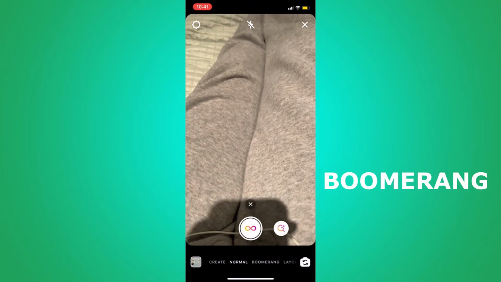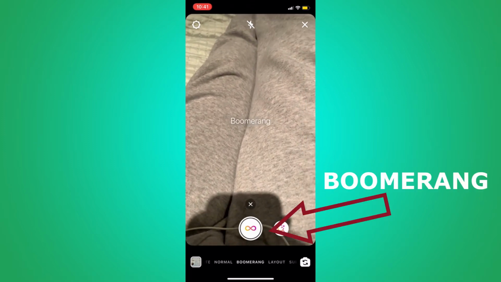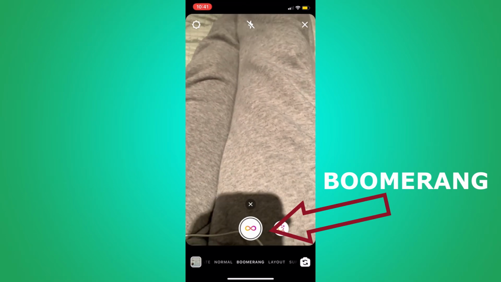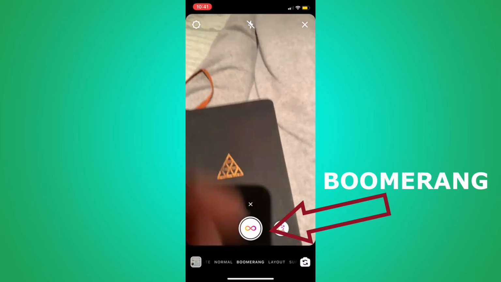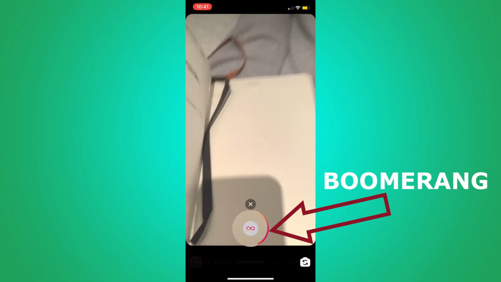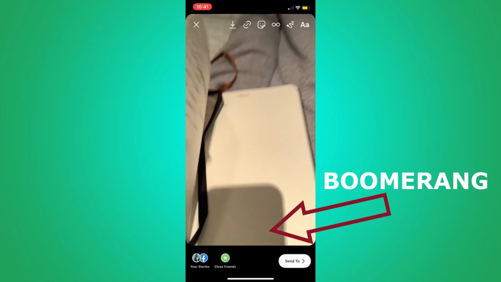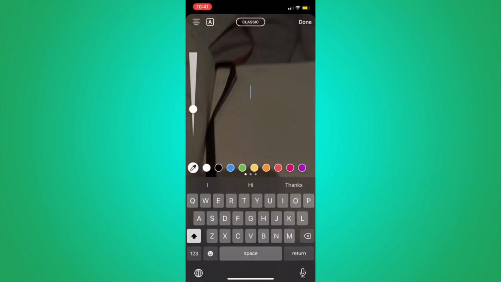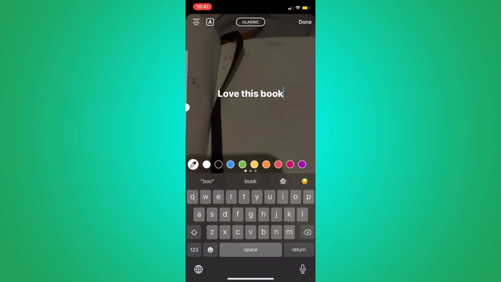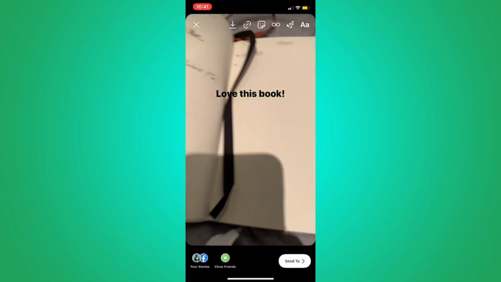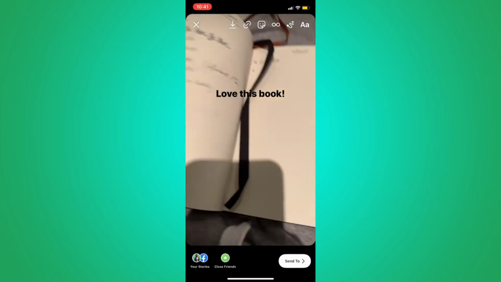Boomerang is a feature that can allow you to show a book. Let's say you wanted to show yourself flipping through the pages. You do a boomerang, and then you would end up getting this, which you can save. Then you could say, love this book, right? But let's go with another one that's probably more common for folks,